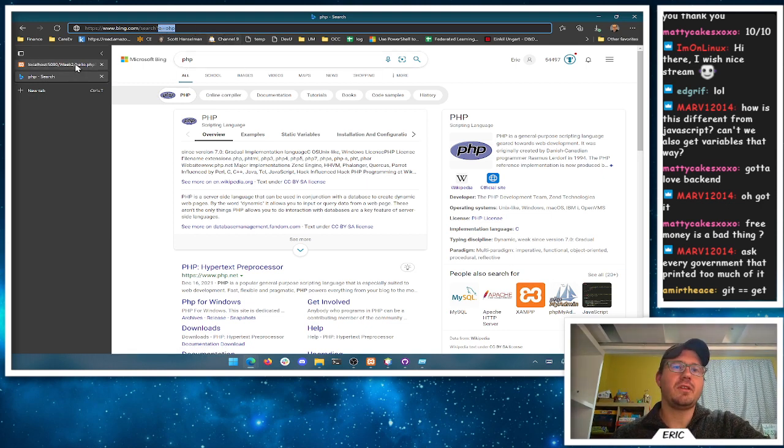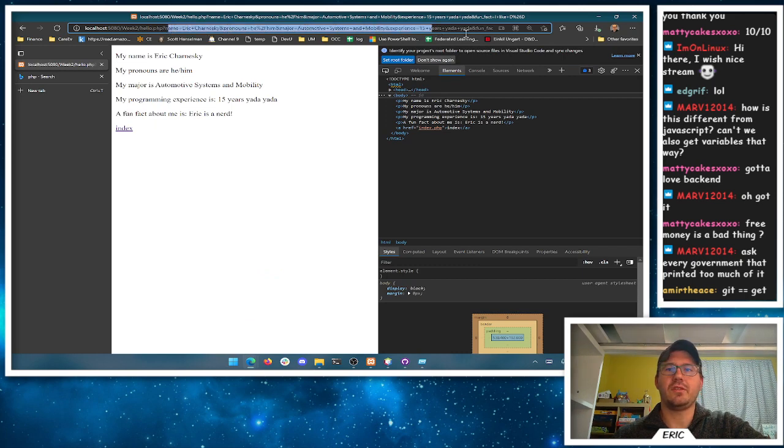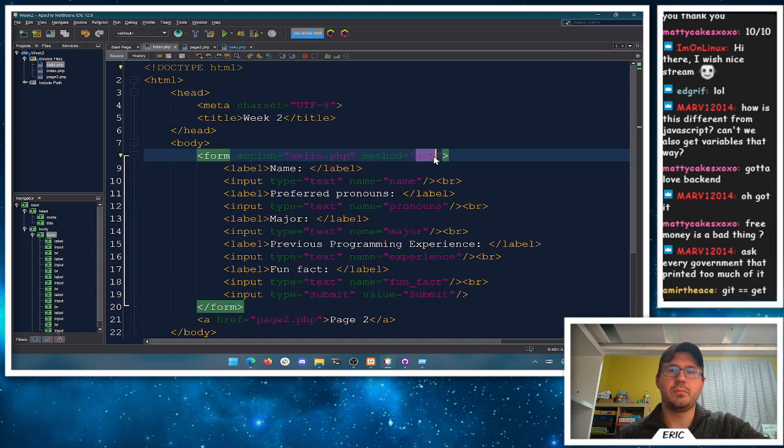And then there are limits to how much data you can put in a GET request. It limits about 4 kilobytes worth of data, which is actually a lot of data, but it is limited. So if you need to send more than 4 kilobytes, you got to send it over a post request. So that's all. So if we were to change this to post here,